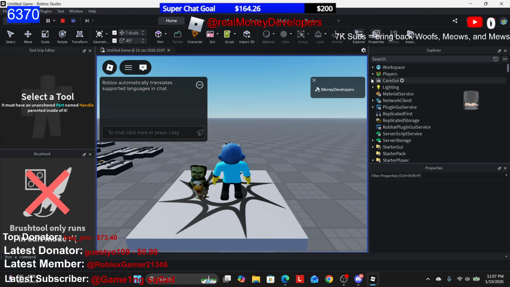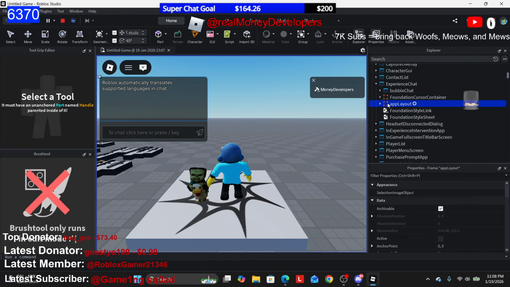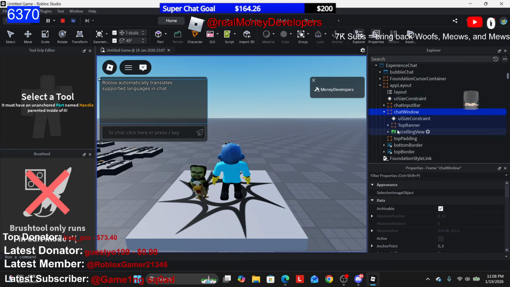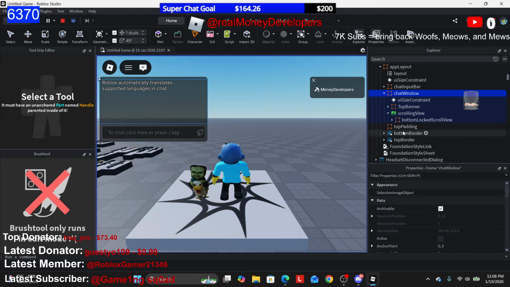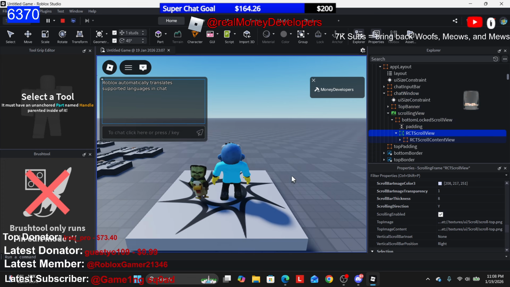So if we go into core GUI, experience chat, and we go into app layout, and we go to chat window, wait, scrolling view, and if we look at this and we go down to a scrolling bar,